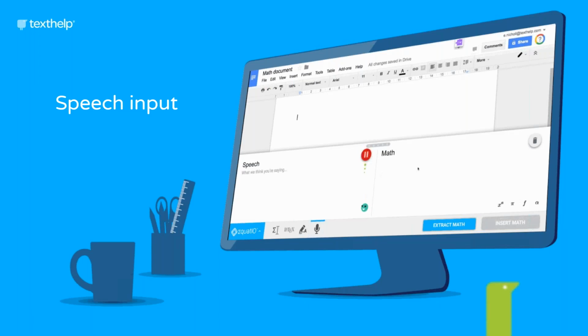Within our toolbar, when students, faculty, or instructional designers create content for students and for classes, there's a variety of different ways we can make math happen. The first way is speech input. This is really great for disability resource offices, for students who struggle to type math but are better at speaking math. It's essentially math dictation that's built in.